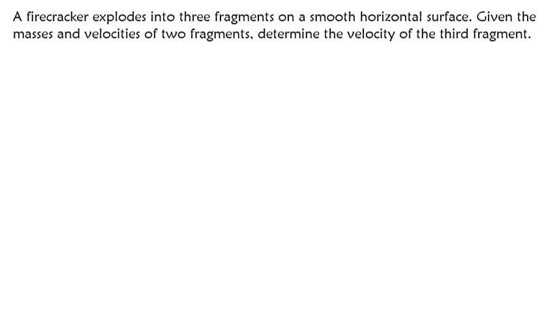A firecracker explodes into 3 fragments on a smooth horizontal surface. Given the masses and velocity of the 2 fragments, determine the velocity of the third. So the idea is we have 3 fragments in this case, so we're going to label them